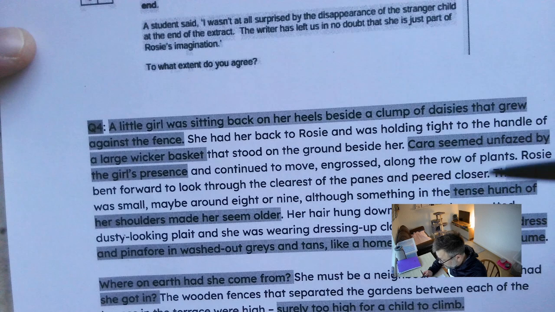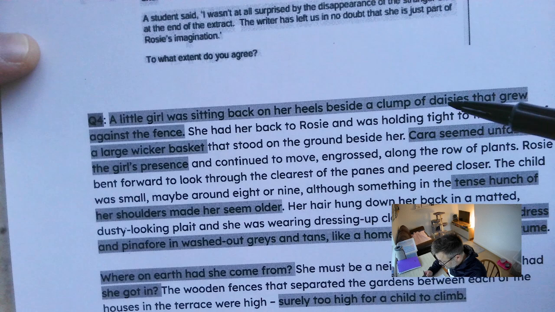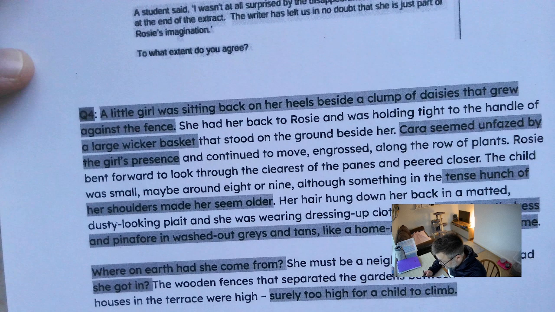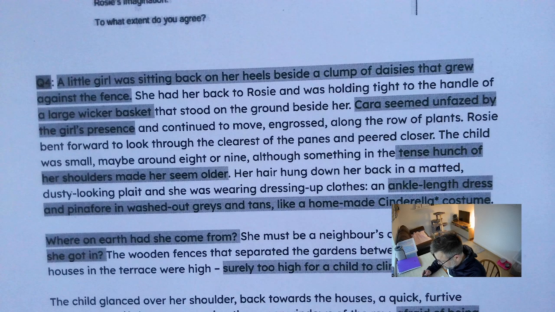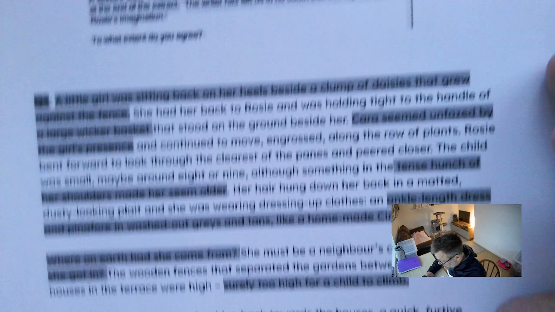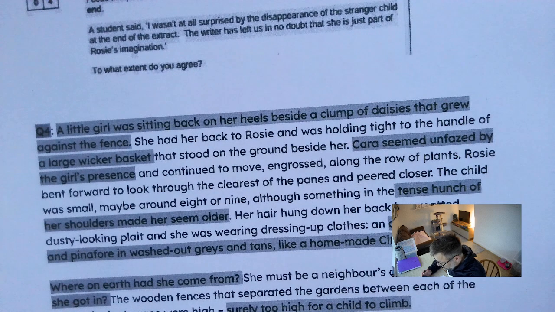So I've got a lot of pre-annotated or pre-highlighted information here. And what I'm going to do now in preparing to answer this question is try and put this all together into a little bit of a plan for how I might approach the question. Just to remind you of the question, it says focus your answer on the second part of the source from line 24 to the end, and I've reproduced that section here for you. Sorry I can't do it on the screen today.